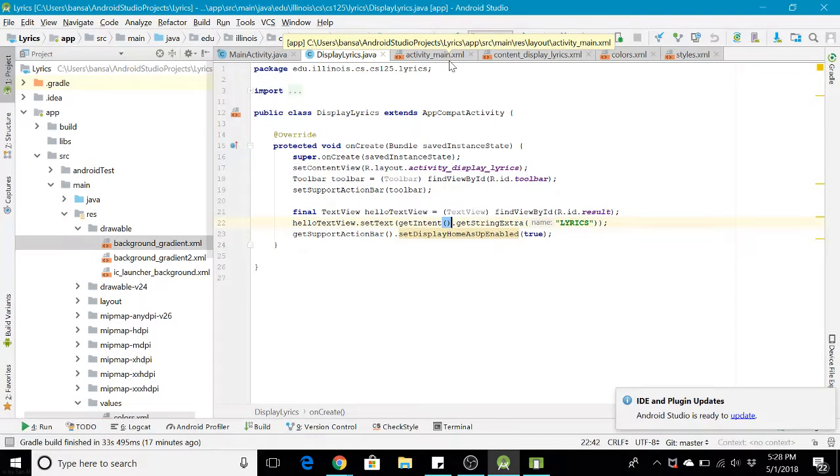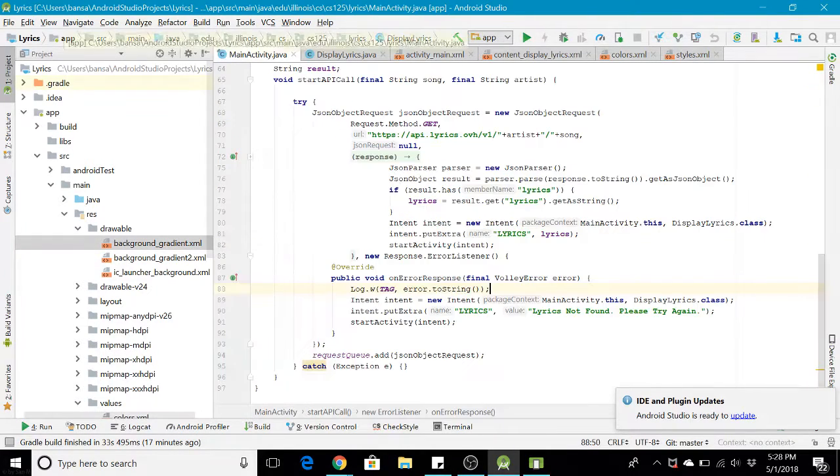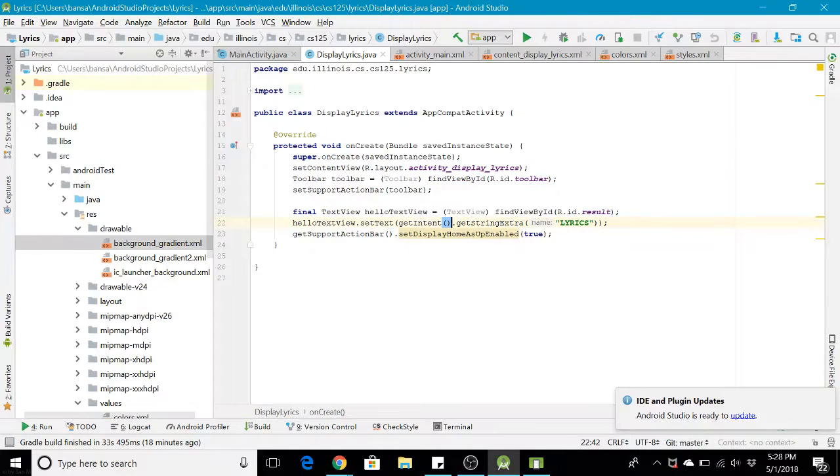Then we started having problems working with the JSON and finding where it was going. But once we found out that we had to work with the response and parse it, and then use intents, which we researched and asked around about, to get to the next activity with the string that we get from the API, how to take that with you, it was actually a lot easier to display, because we just had to use the text view for the lyrics and the error message.